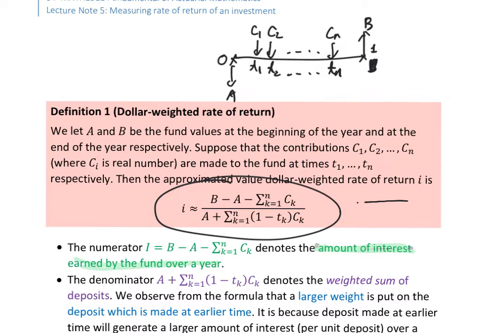So now remember, A is the initial account balance at time 0, right? And then after a series of deposits and also the interest earned by the fund, this account balance jumps to B at time 1, right? Okay, so given this, we expect that the change in the account balance will consist of two things. One, of course, will be what? The deposit made